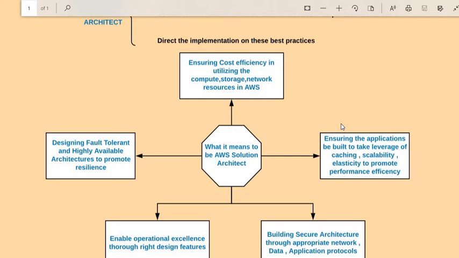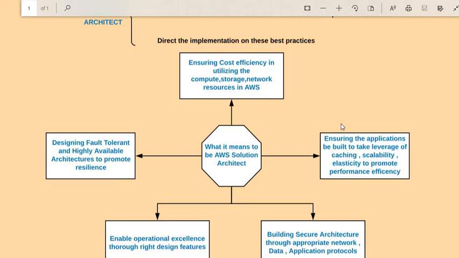So building secure architecture through appropriate measures, like setting up the right firewall for your VPC, Amazon VPC, and for subnets, and defining the access control list. A lot of things are there, and this can be done at the data level, at the application level itself, and at the network level. So these five pillars